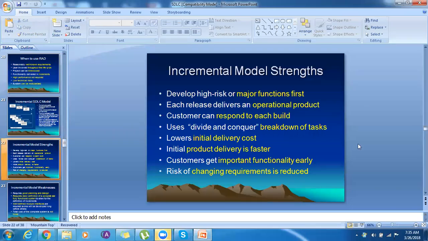So in the incremental model, these are the strengths. Develop high-risk or major functions first. What do we do? As I said, the whole application is split or divided into small portions. Cycle-wise we'll develop everything. So what happens in this model, the strength would be